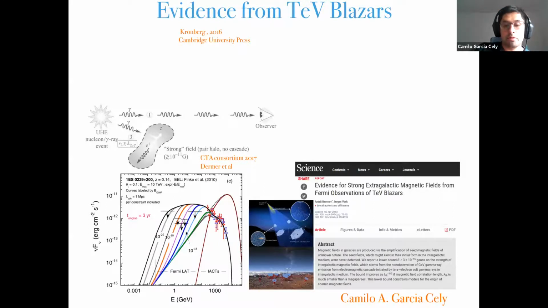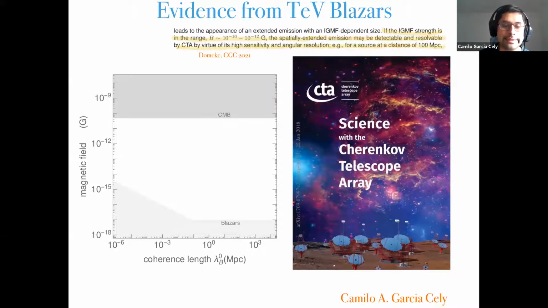So people have put all this together in the last decade, and they concluded that there is strong evidence from blazars of the existence of these primordial magnetic fields. And in fact, due to the progress that is expected in this field in the following decade, maybe in this plane that we observe here, we will be able to find an actual signal and not just a lower bound. So I think this is interesting. Okay, so to study the Gertsenshtein effect, what we are going to do is to put conversion probabilities on this plane.